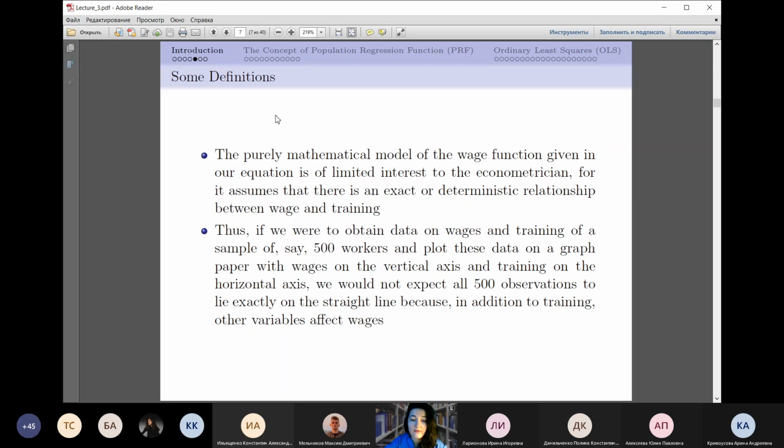So let's say we obtain some data on wages and training of a sample, say 500 workers, and then we plot this data on a graph